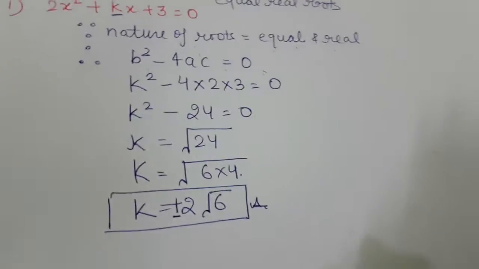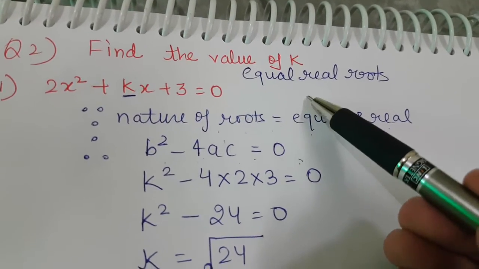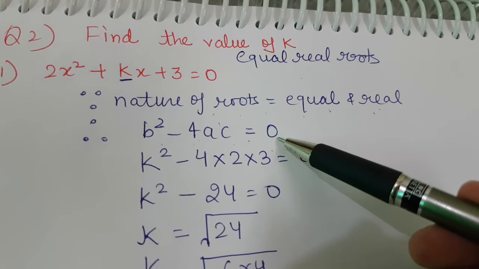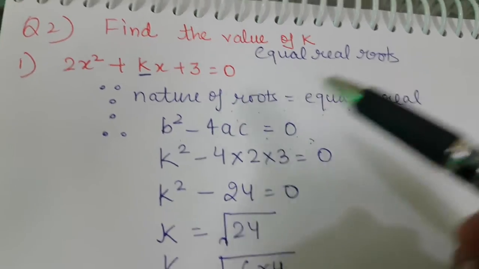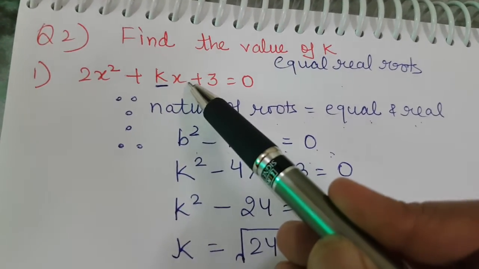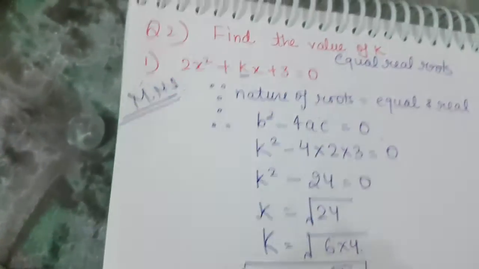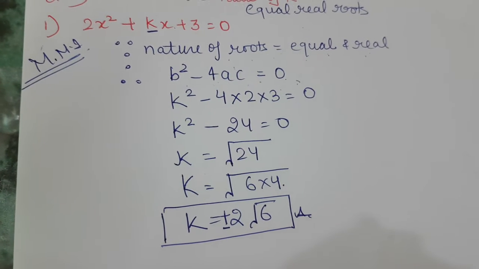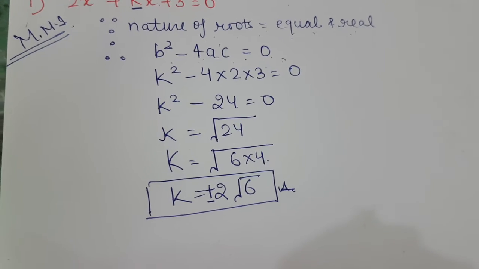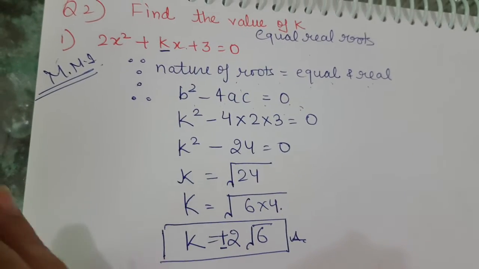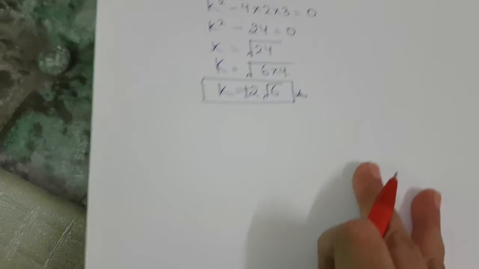Isn't it easy, students? Yes, it's very easy. If you know the nature, you can use the discriminant equation, that b square minus 4ac is greater than 0 or equal to 0 or less than 0, to find out the unknown value of the equation. And I'm telling you, students, these types of questions are most important. 99% these types of questions come in board exams, so please do practice. Even take more of these types of questions from the additional book. Fine. Let's do the second part of this question.